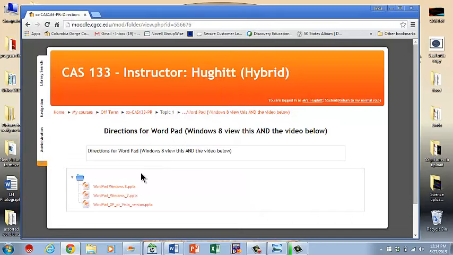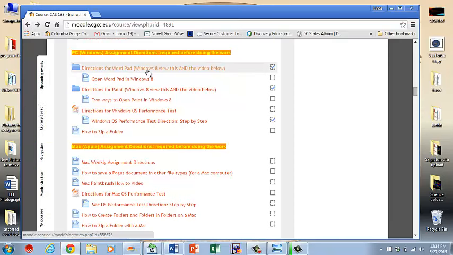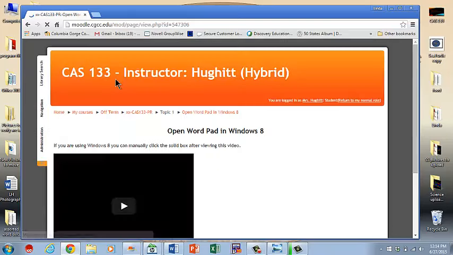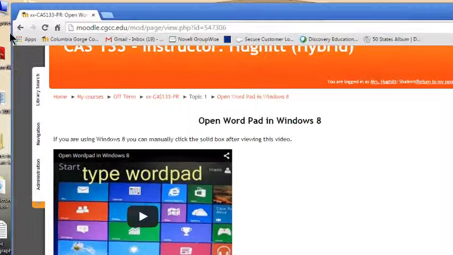Now again, if you don't have PowerPoint at all on your machine, you will need to get that PowerPoint viewer from www.microsoft.com for this week, or maybe even for the whole term. So now you're going to watch that PowerPoint and listen to it. Then you're going to open this if you're using a Windows 8 machine, because finding things in Windows 8 can be a little bit, shall we say, interesting.